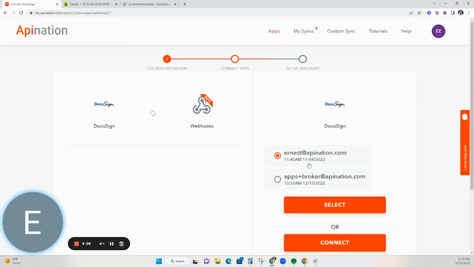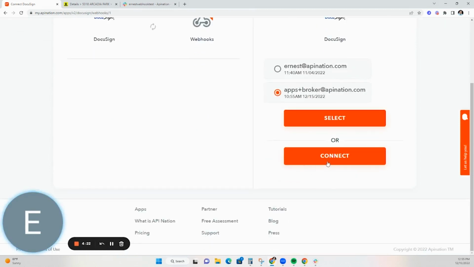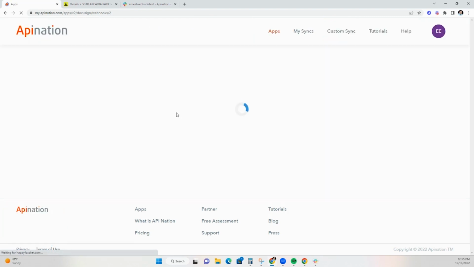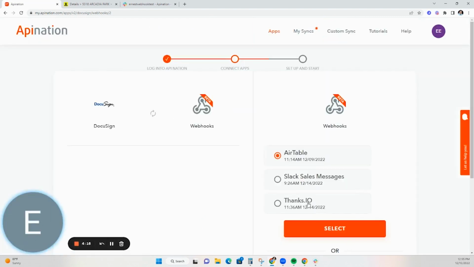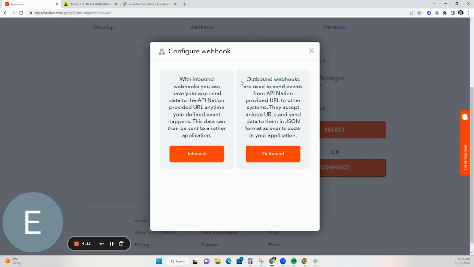The way that we're going to set this up is, first off, select your account. If you haven't made a connection, go ahead and do so now. I'm going to select my existing account here first. And then for the webhook, what we need to do is go ahead and create a connection. Now, this is an outbound webhook because we're going to be sending data to a server for Slack. So to obtain where we're going to plug that in, let's head over to